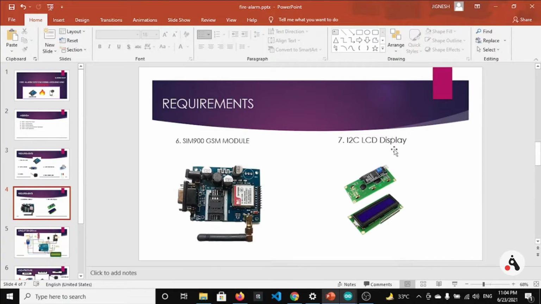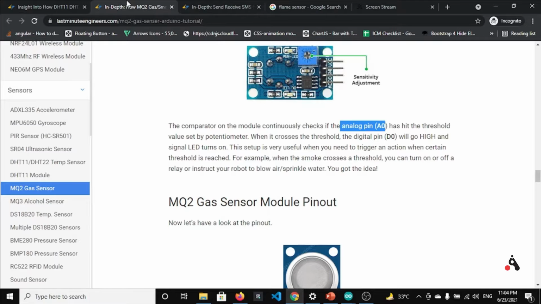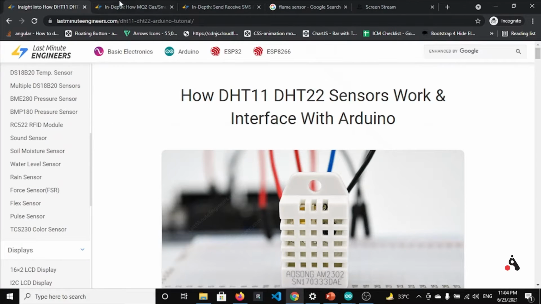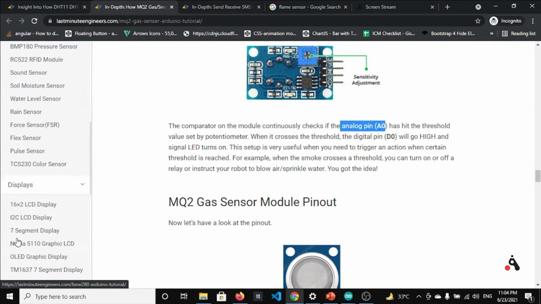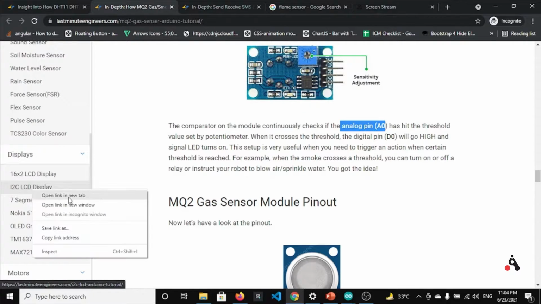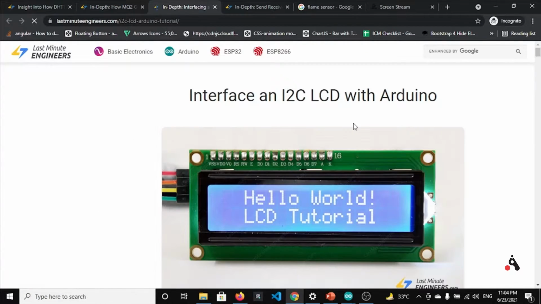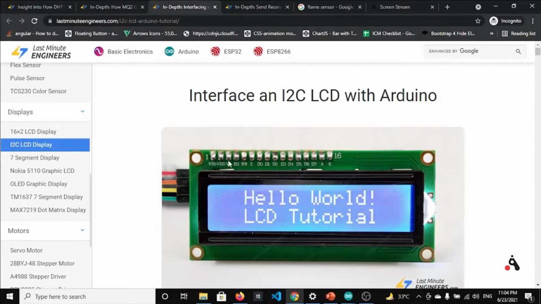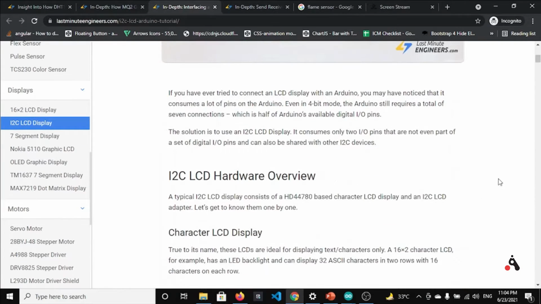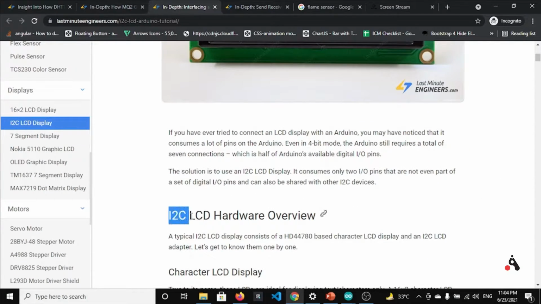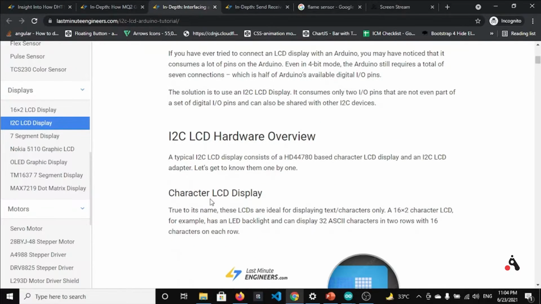Let's move to the LCD display. In this LCD display, we are not using a large number of pins. Basically we are using the I2C interface with this LCD display, using only 4 pins to control it. For I2C, the first pin is VCC, which needs 5 volt. The second is ground, and the remaining 2 pins are SCL and SDA, basically the clock pin and the data pin, which you can read the documentation for I2C to understand how it works.